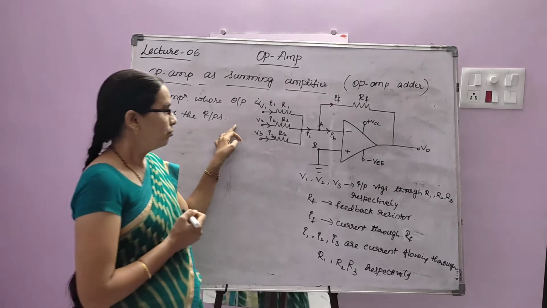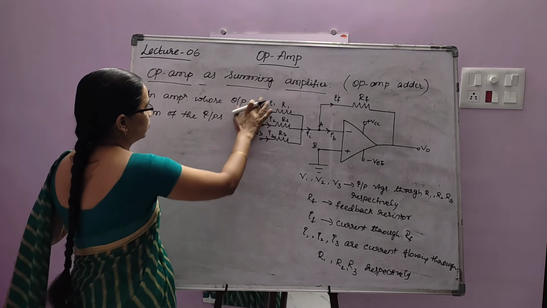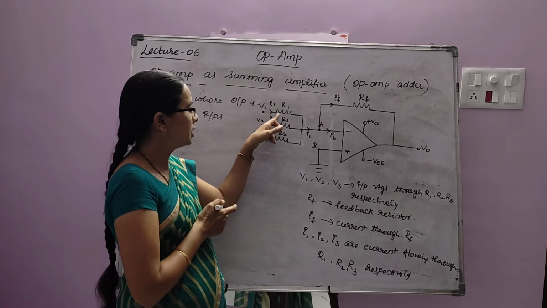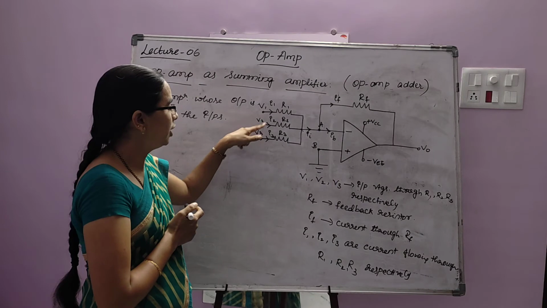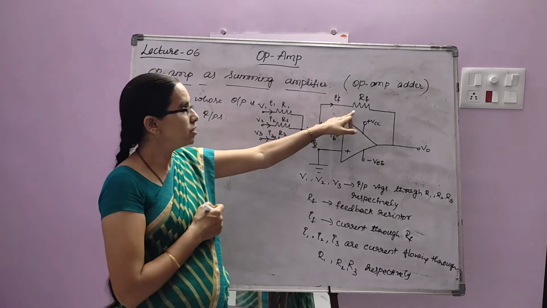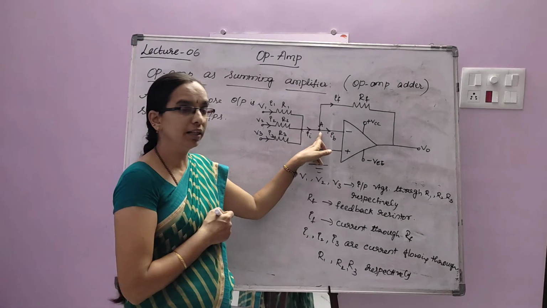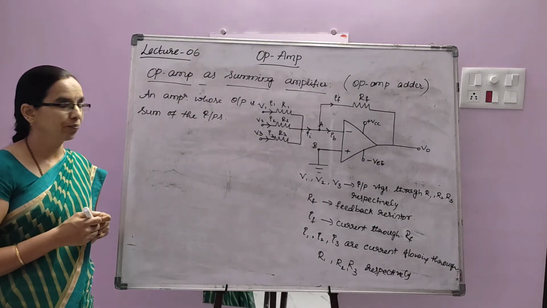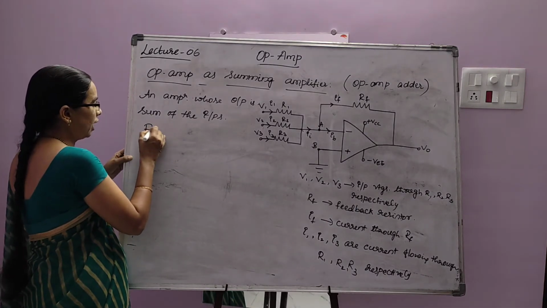Here for the inverting terminal, V1, V2 and V3 are the three inputs applied to the resistors R1, R2 and R3 respectively. Whereas I1, I2 and I3 are the currents flowing through R1, R2 and R3. RF is the feedback resistor connected between terminal A, the inverting terminal, and the output, and the non-inverting terminal is grounded. If you consider an ideal amplifier,